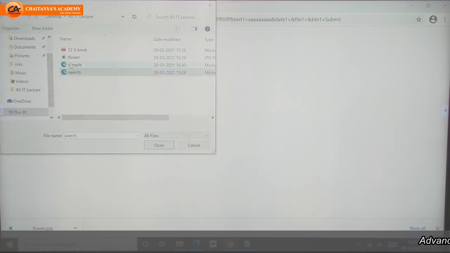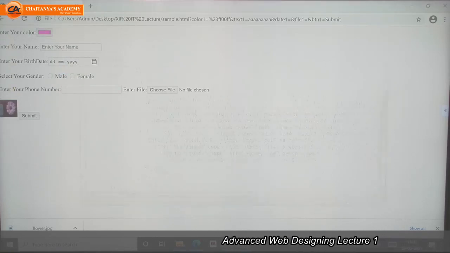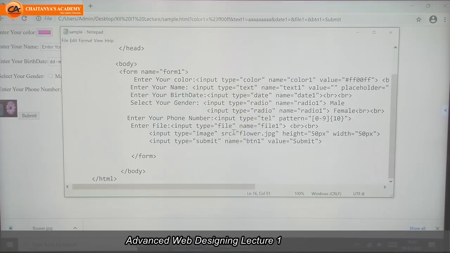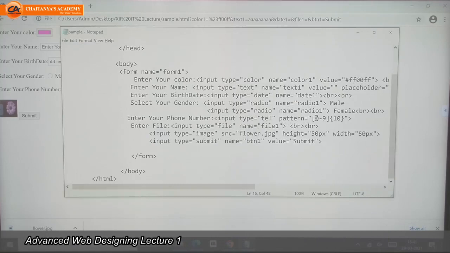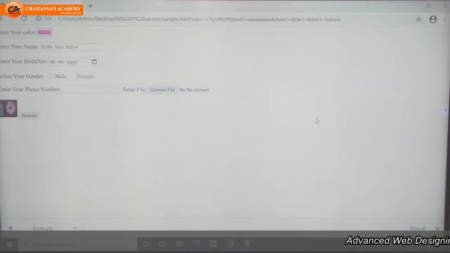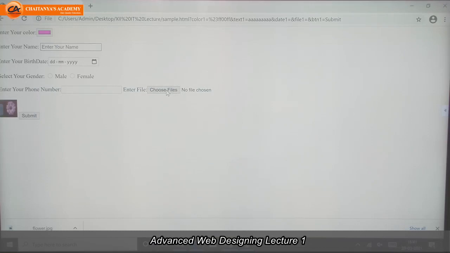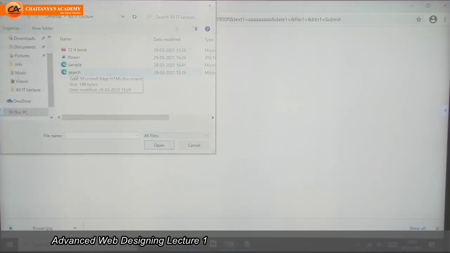If I want to select both files, then what should I do? If I wrote here multiple, we will check what will be the output. Choose files. See, it changed the heading. Choose files.